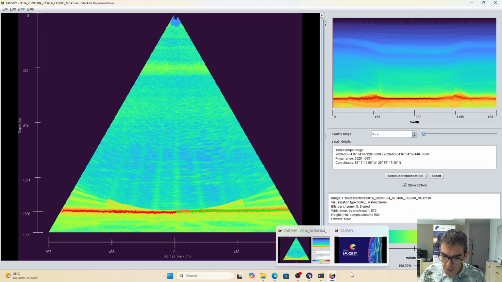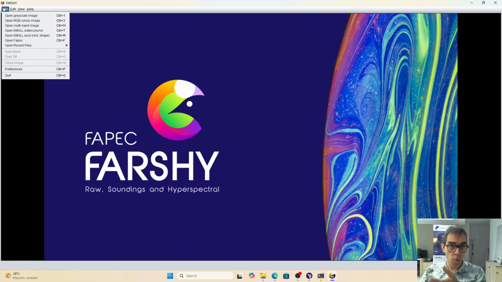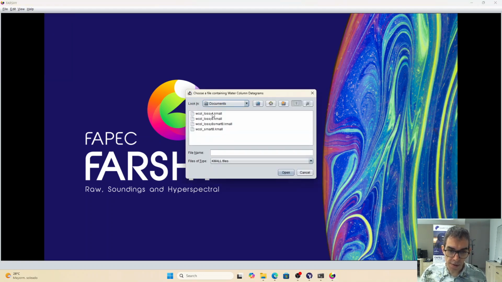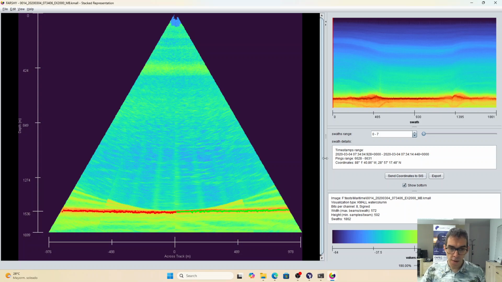When you recover this compressed file, or even with FARSHY, you can directly open the FAPEC archives. We will do that with another screen of FARSHY. You can have two FARSHYs open at the same time if you wish. And in this one, you will see the speed when loading this 1 GB file. We go here, we select this level 4 lossy compression of the amplitude samples and click on open. It's first indexing the file, then starts loading the file, and just in a few seconds in this old computer with a slow disk, it should be much faster in your computers,